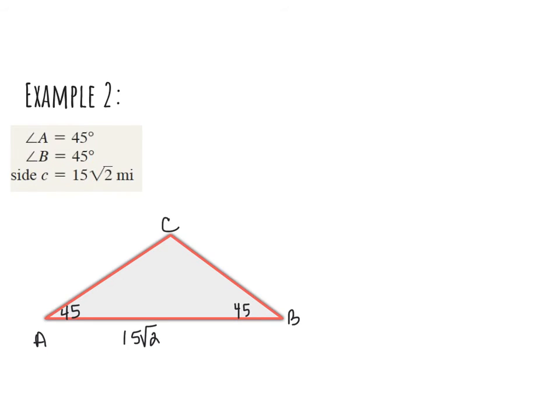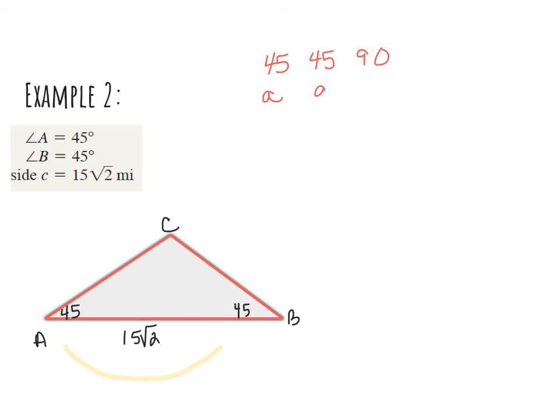Again, as we connect the dots, it goes angle, side, angle in that particular order. This one, actually, we don't have to use law of sines to solve if we remember special right triangles. We know that this is a 45, 45, 90 triangle, which has a ratio